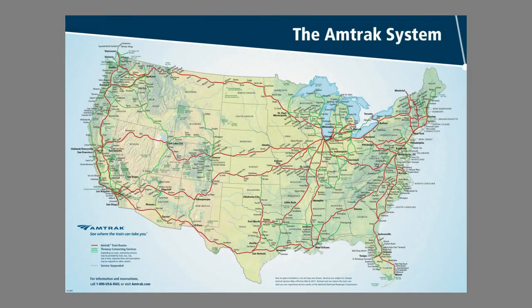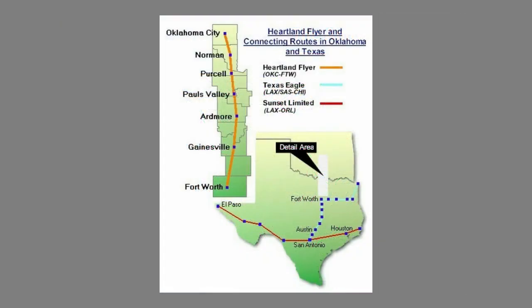For those who don't know, Amtrak has a huge network of trains in the United States and one of the main transportation forms in the United States. The Heartland Flyer is one of the shorter routes in the network, coming in at about 4 hours. The route features 6 stops: Norman, Purcell, Pauls Valley, Ardmore, and Gainesville. Amtrak's Heartland Flyer is a nice route but not known for its scenery, with only a short path of interesting